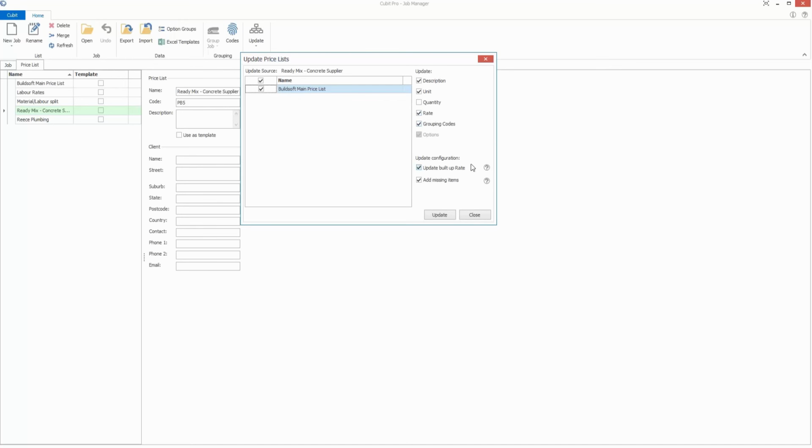And importantly, a couple of options down here, update build-up rates and add missing items. You can see here it can also go and update your composite rates as well. So it'll look down in that composite rate sheet level with this button ticked, and update those rates also. So I'll stop talking and I'll show you how it works. So if I click this update button,